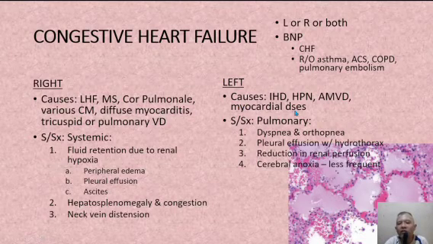The most common cause of which is hypertension, no? That leads to ischemic heart disease. Okay,